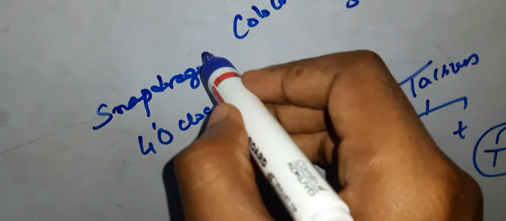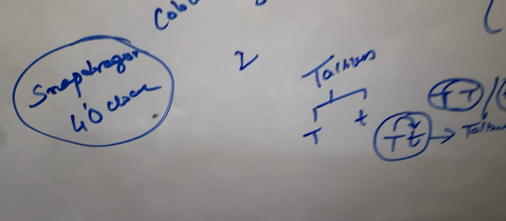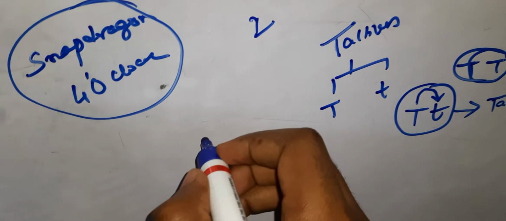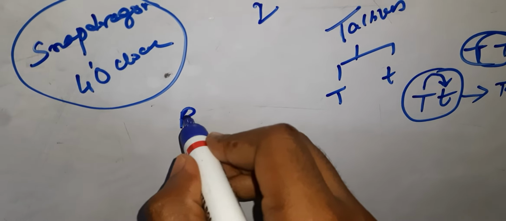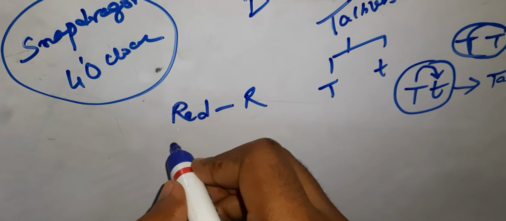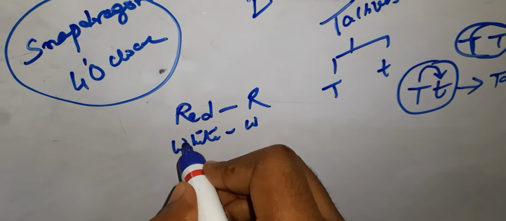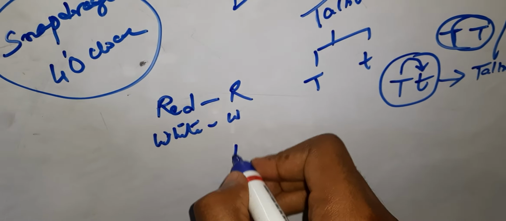In case of these organisms, the flower they possess appears somewhat different. Like for example, if we cross the red flower denoted by R and a white flower denoted by W, then what happens